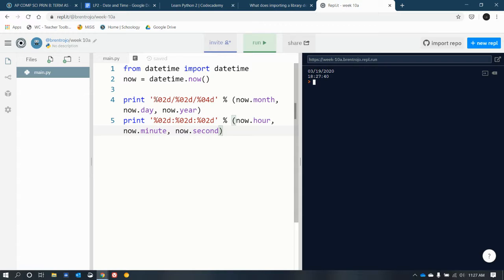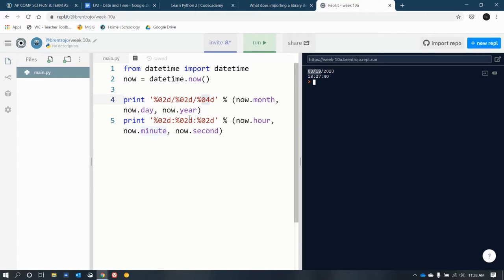Here you could see that this has to do with the month, the day, and the year. This 02 and this 02 are in common, but this has a 04. It's not at all coincidence here that you have a 2-digit month, a 2-digit day, and a 4-digit